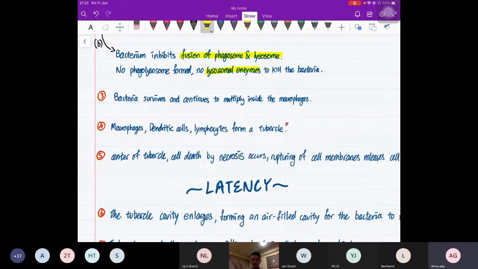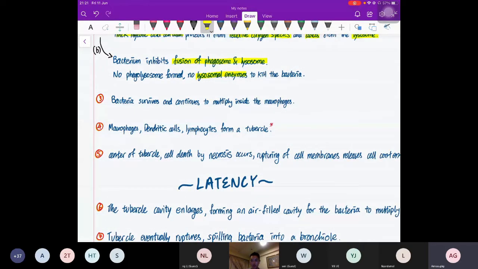Now other macrophages, dendritic cells, and your lymphocytes, your T cells, your B cells, form a tubercle. What is a tubercle? A tubercle functions to wall off your bacteria so that it cannot spread